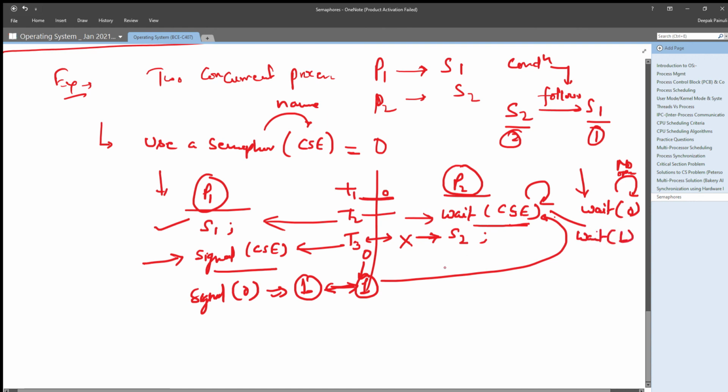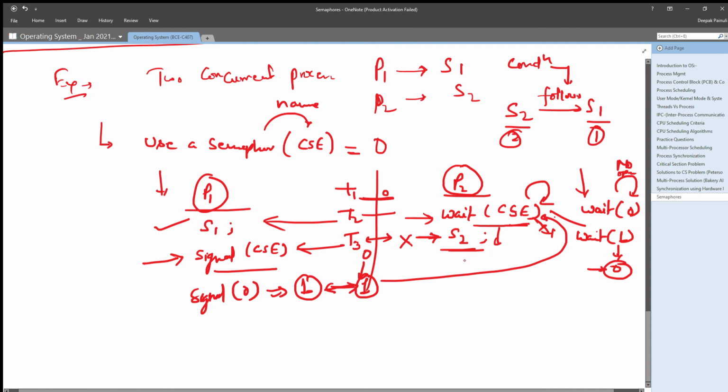As the value of semaphore got 1, the busy waiting or spin lock of that P2 has been broken, because now it is getting the value of semaphore as 1. That means it can decrement it to 0. Now it can decrement it, that means after this execution the value of CSC will be 0, and it will execute statement number 2, which is S2.